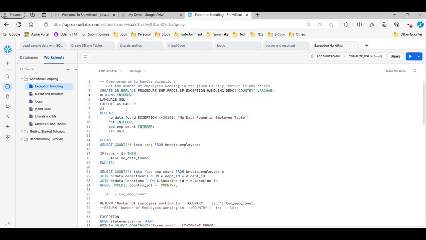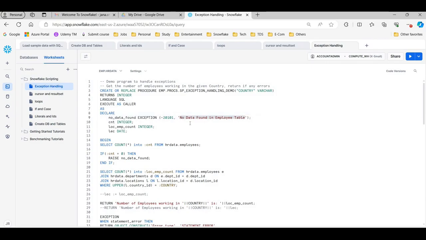I am returning that. And I am declaring some variables. The first one is declaring our own exception, which is called a user defined exception. My variable name is no data found, of exception type, and whenever we raise this no data found exception, what is the error code and error message to be returned? This is the error code I am manually giving. This code should be within the specified limit, and I want to return the error message like no data found